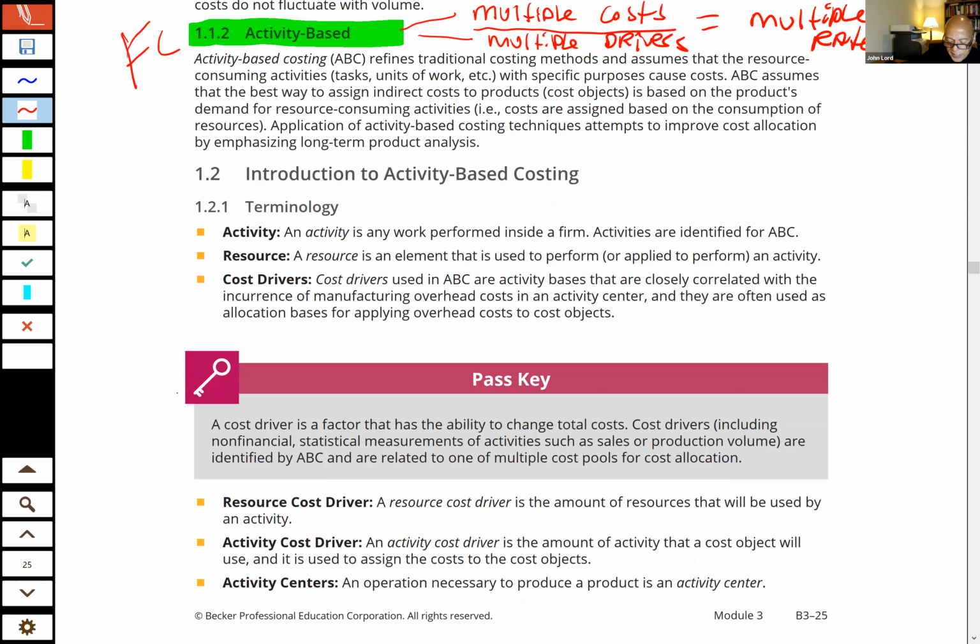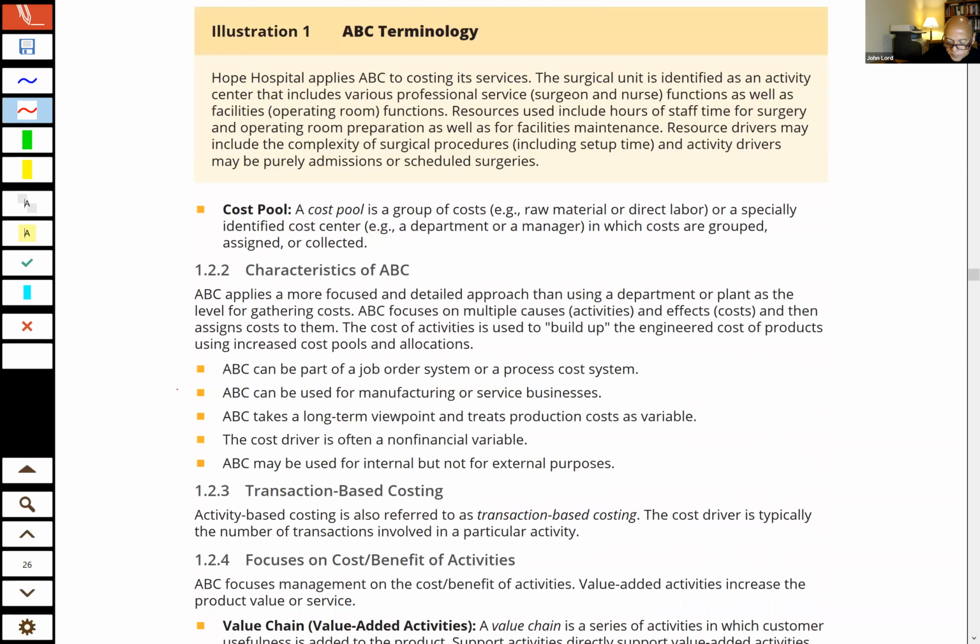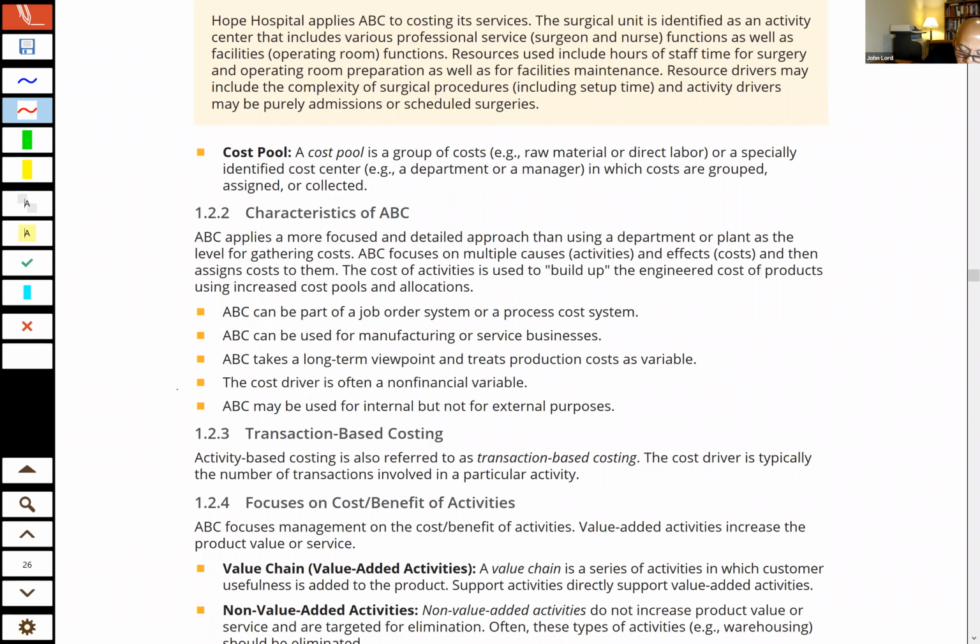Notice on the next page that activity-based costing can be used in either a job order or a process costing system. It can also be used for service businesses, even though we're going to talk about it in the manufacturing context. I teach a class to individuals at Stanford who are getting a degree in medical technology, trying to develop medical products.